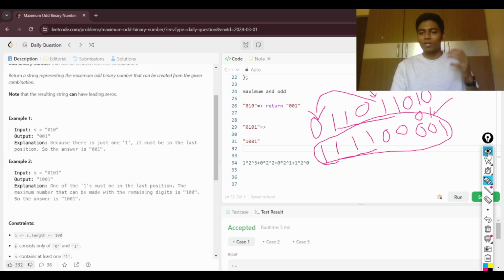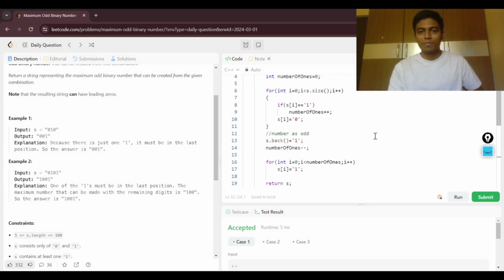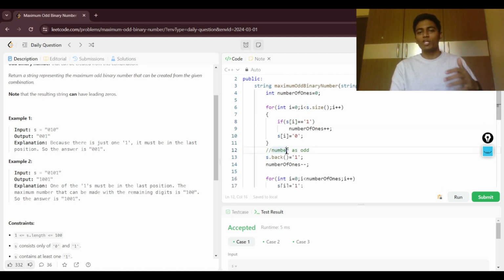So we'll go through the code so that we'll understand better. So let's go through the code. So we need to make sure that the number of ones are stored in this particular string which are present. So we'll go through all the characters which is present in the string. If it matches with the 1, then we are going to increment the number of 1 bits, plus plus, and then we'll arrange all the characters which is present in the string to 0th bit, and then at last we need to make the